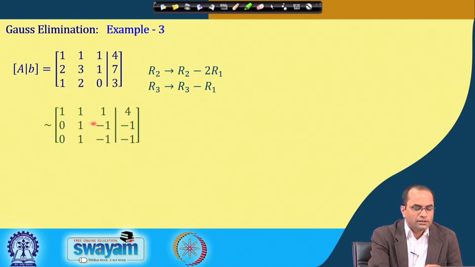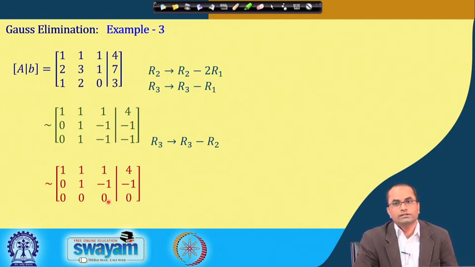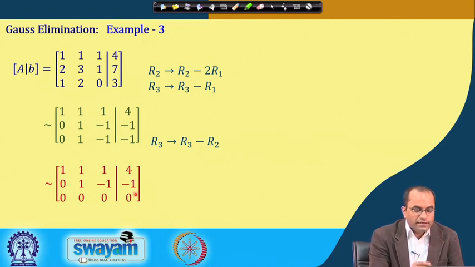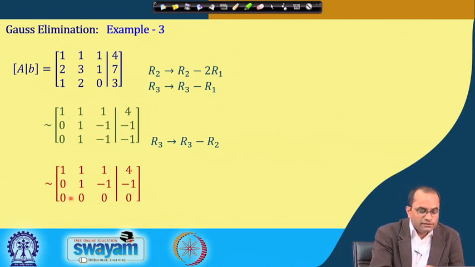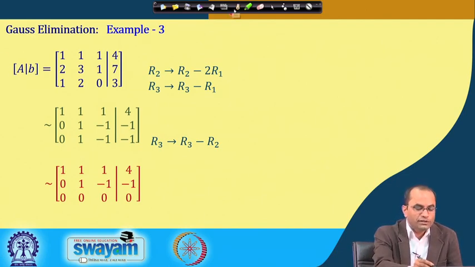And then, further, again the same operation, because in row 2 we want to get rid of this element 1 here in row 3. So, we will just subtract: R3 will be R3 minus R2, and in that way we will get this 0 here, also 0 and 0. Now this is different from the previous case. We are not getting anything like 0 is equal to 6; the last equation is completely 0. So, 0 is equal to 0, there is no problem. In other words, we do not have a pivot in the last